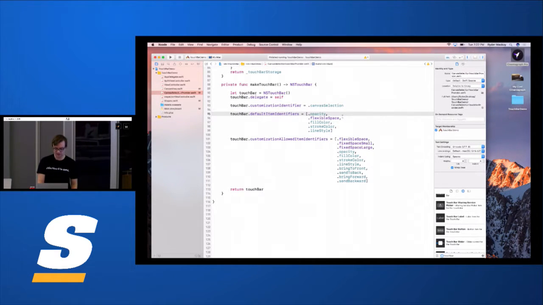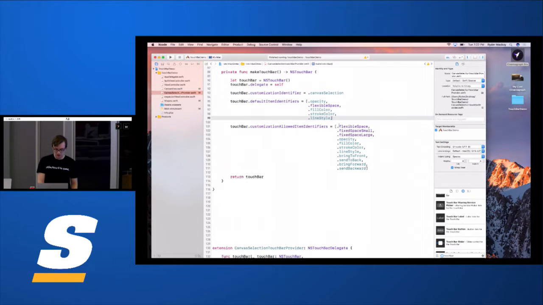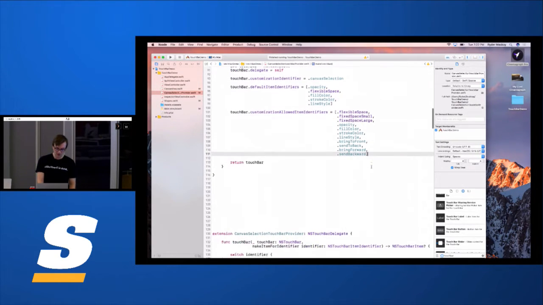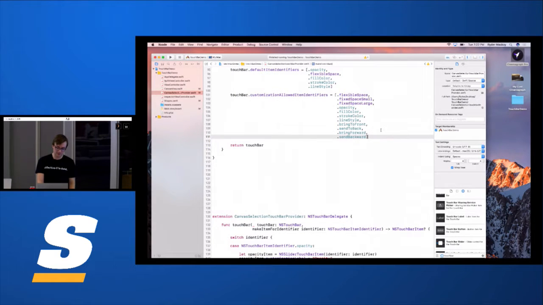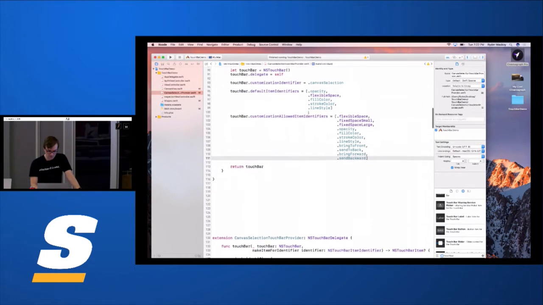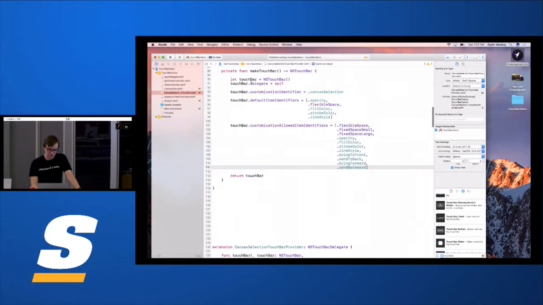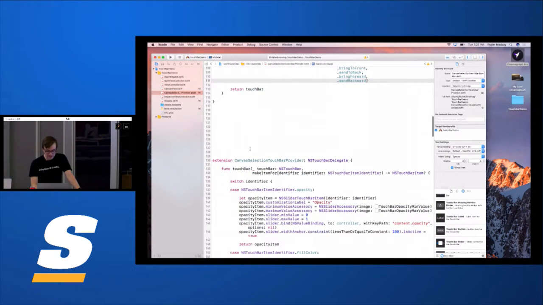So we're going to have the opacity slider, a space, and then 2 color pickers, and then a line style popover. And then here are all of the things that we allow the user to customize. If there was something that were really important, we could use a property called customizationRequiredItemIdentifiers, and that would prevent the user from removing that item. Then after setting everything, we're going to return the touch bar,